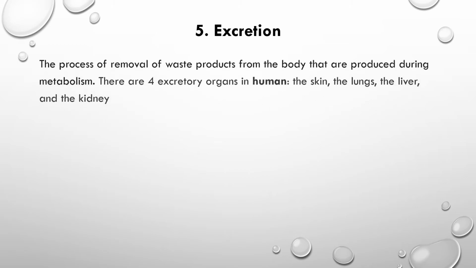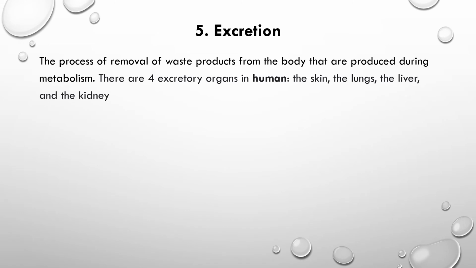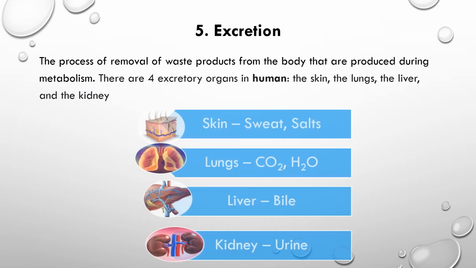Now let's move to the next living characteristic, that is excretion. So excretion is the process of removing waste products from the body. These waste products are produced during various metabolic processes taking place in our body, for example, cellular respiration, excretion and digestion. If you consider the human body as an example, we have four main excretory organs: skin, lungs, liver and